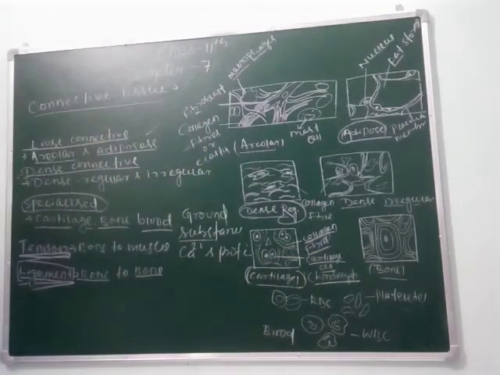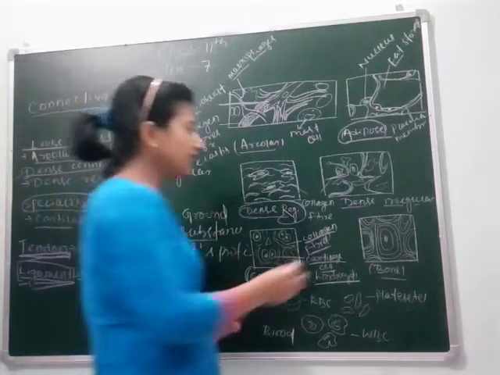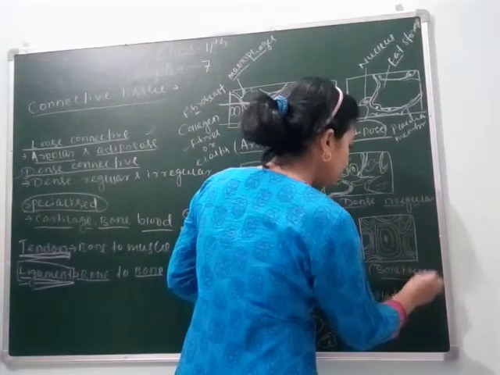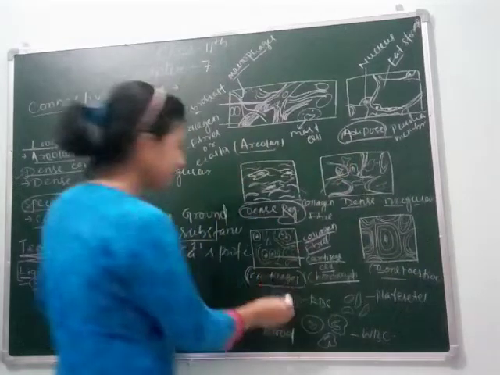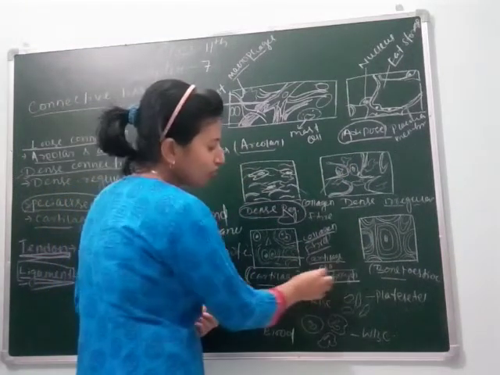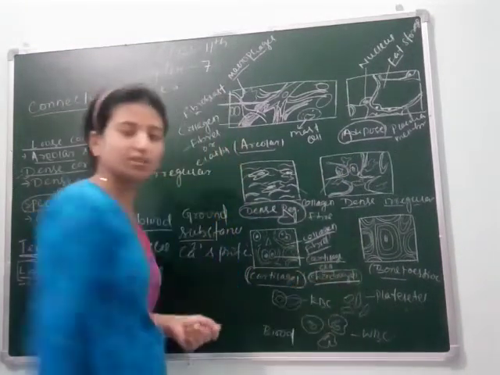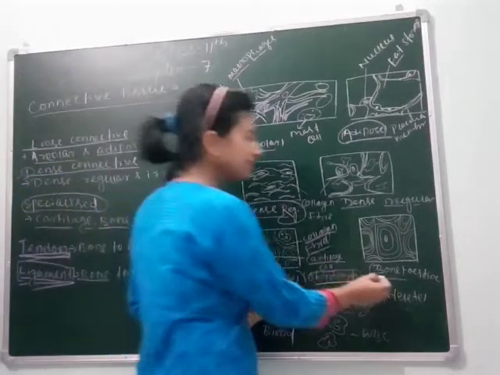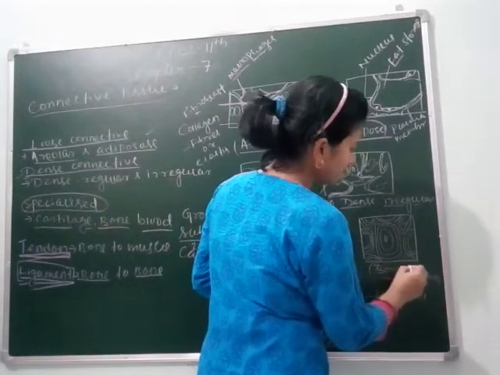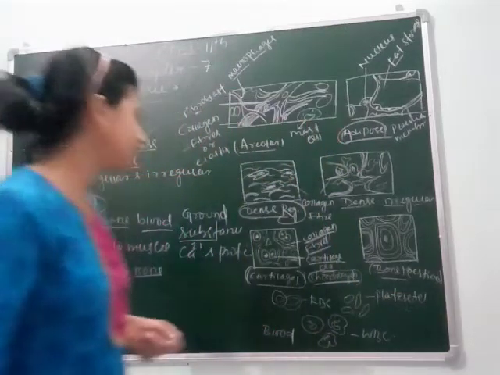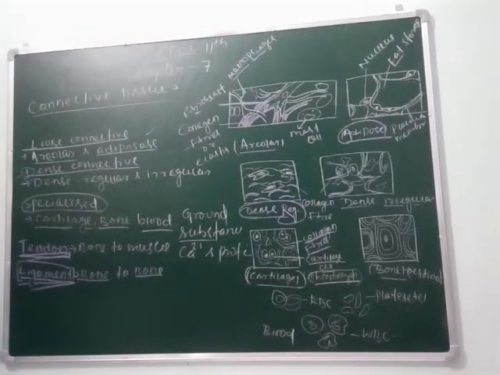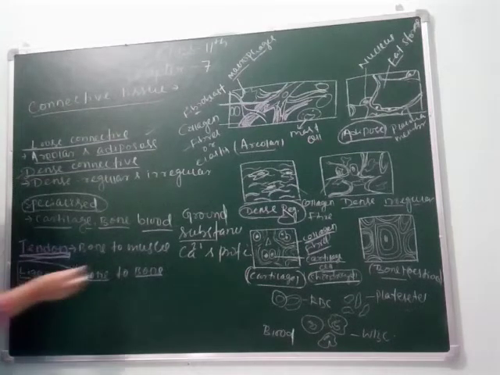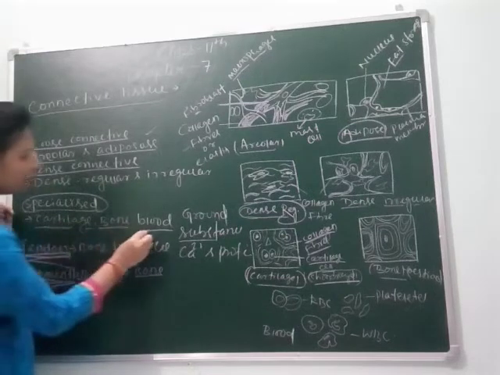In bone we can see that collagen fibers are present here also, and the bone cells are called osteocytes. Here the cartilage cell is called chondrocyte. You have to remember this. These questions may come in your NET exams. Bone is called biologically osteocytes and cartilage is called chondrocytes. Clear, students? Your next topic is blood.